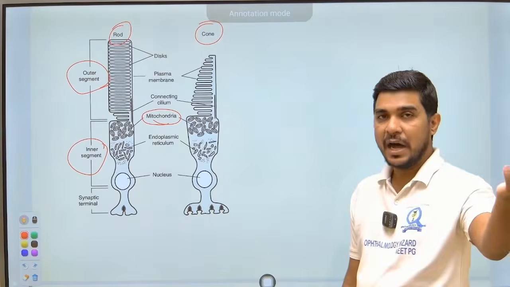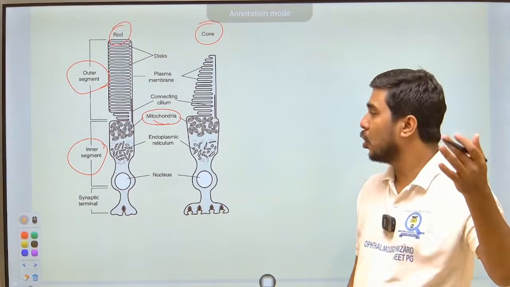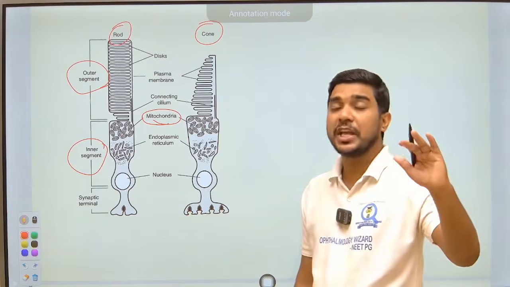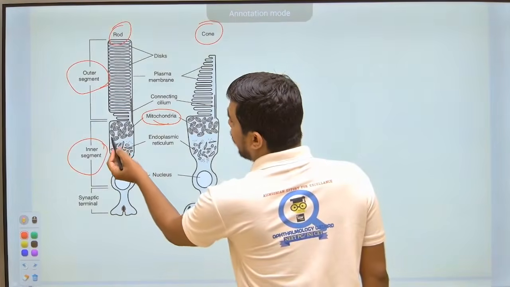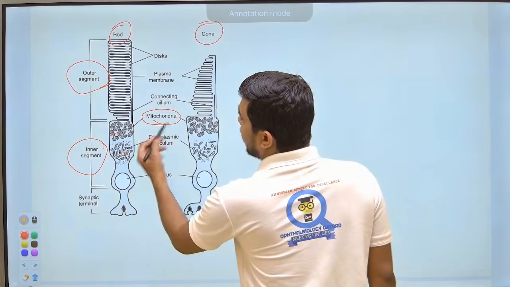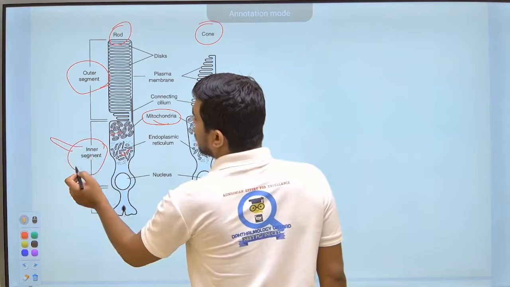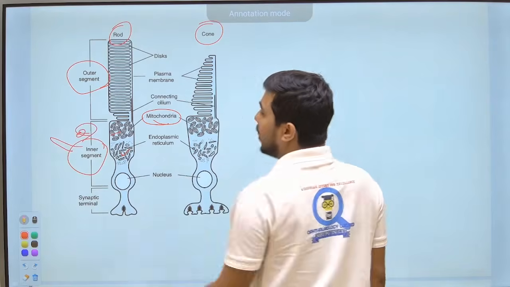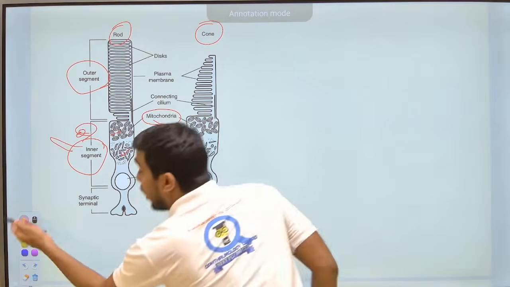The question they have asked is that mitochondria or endoplasmic reticulum or Golgi apparatus is found in which segment of the photoreceptor. So obviously this is the mitochondria and this is the endoplasmic reticulum. They are the picture of the inner segment. So this is the important MCQ. Understood? Second important question that they have asked